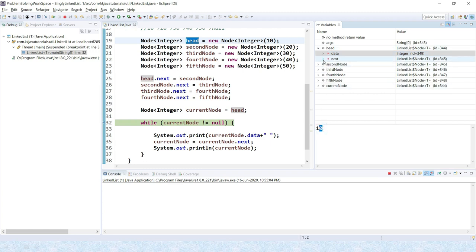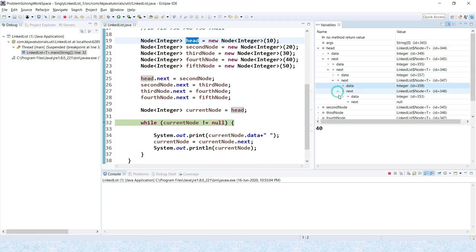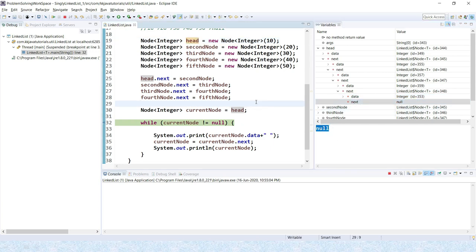Then when we do head.next, we get the data as 20, right? Again when we do second.next, we'll get data as 30. Similarly again we'll do next, then 40, again next, then 50, and after that it is pointing to the null, right? So the last node is pointing to the null, right?